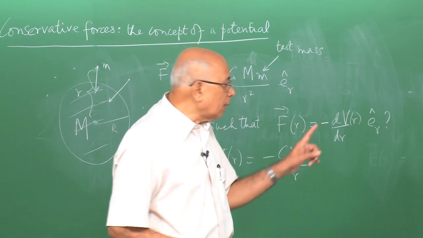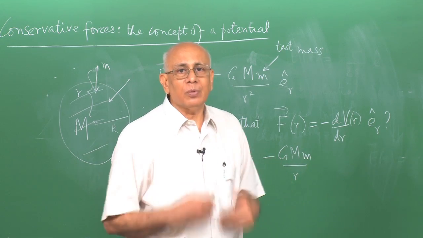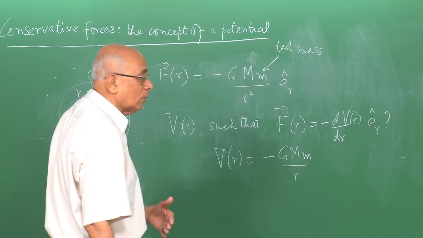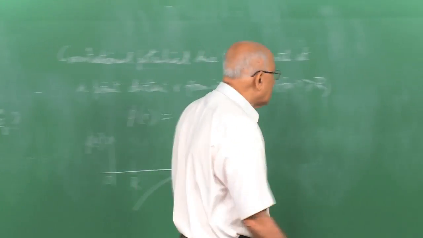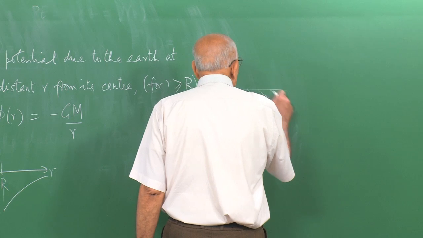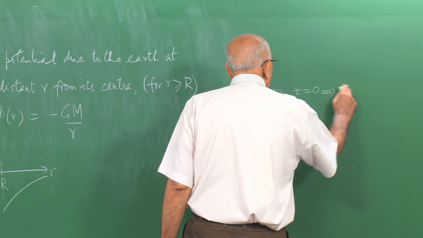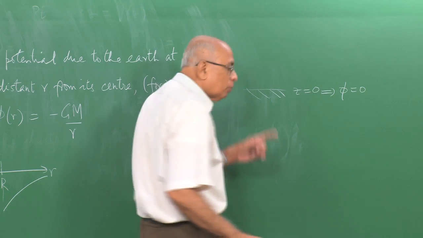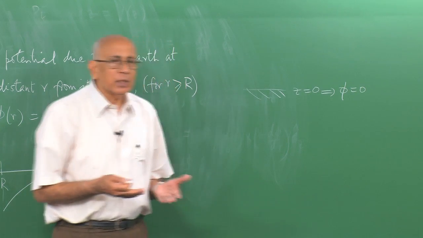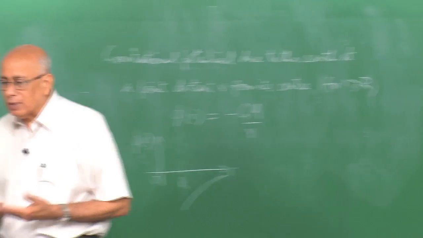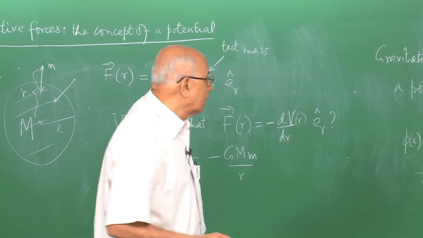When you have a potential here, you always have to specify a reference level with respect to which you're computing this potential. In the normal example of the ground being 0 potential, you say z equal to 0 implies phi equal to 0. With respect to the ground level taken to be 0, the gravitational potential at any point at a height z above the ground is g times z, with respect to that 0. In this problem,